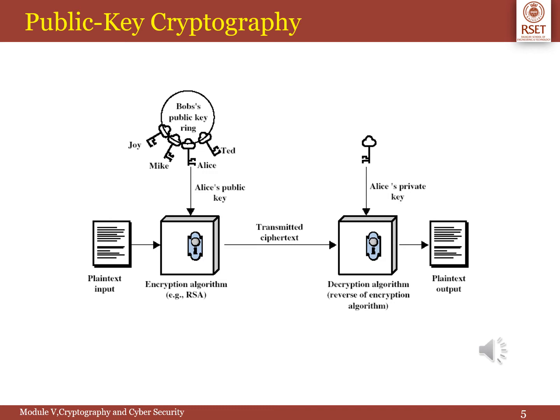No other recipient can decrypt the message, because only Alice knows Alice's private key. This is how the public key cryptosystem can be used for ensuring